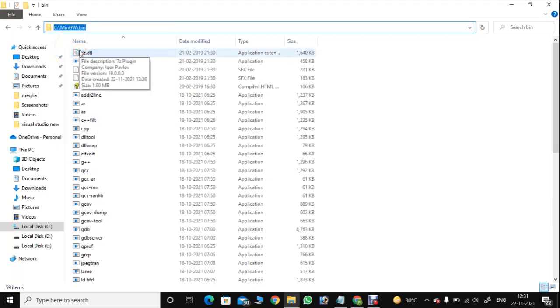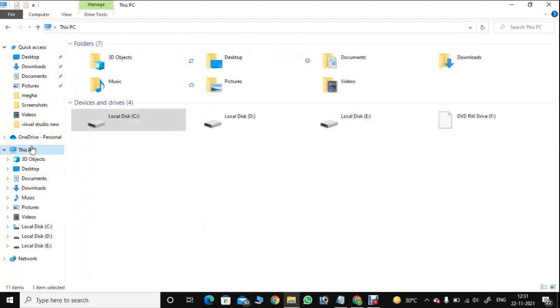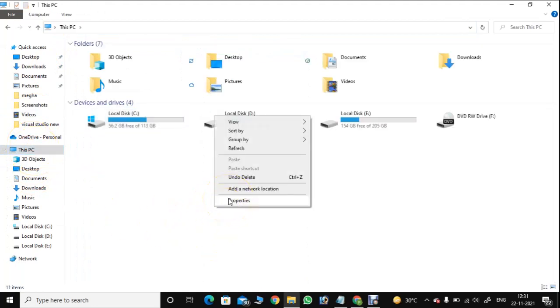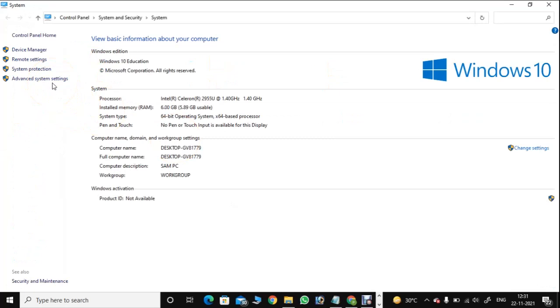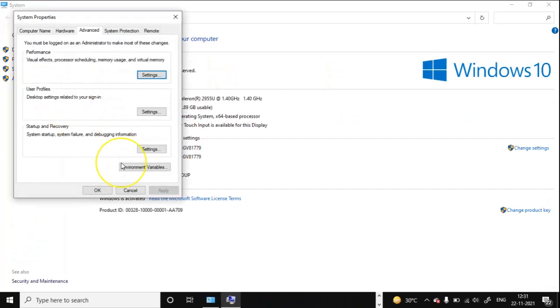Next, come back to this PC again. Right click on the free space. Click on properties. Then click on Advanced Settings. Then click on Environment Variables.